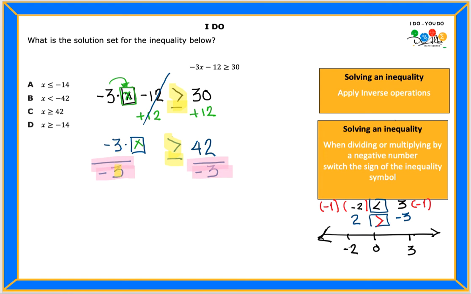A negative 3 divided by a negative 3 is going to become 1. That multiplies our x. That was the value that we were looking for. Because we divide by a negative, see what's going to happen to the inequality? It's going to flip. Awesome. Right there. That's what's going to happen. And now I'm going to do this operation, 42 divided by negative 3. I'm going to do that on the side. So I'm going to do 42